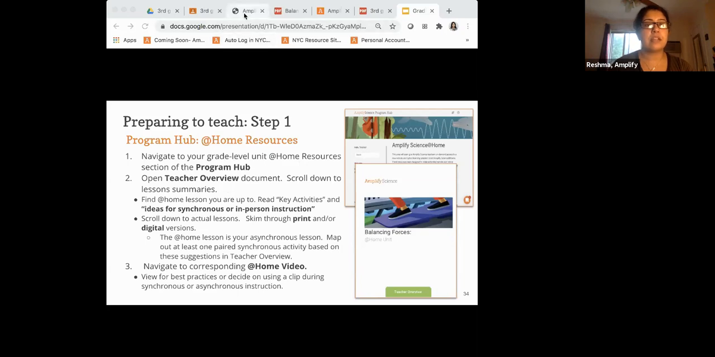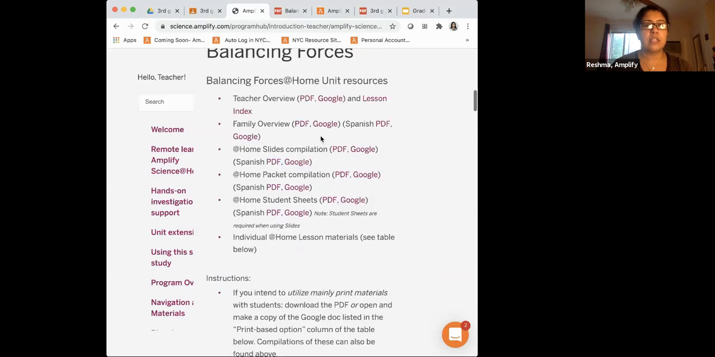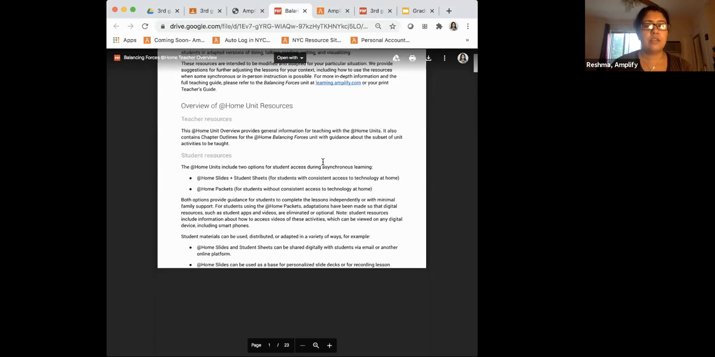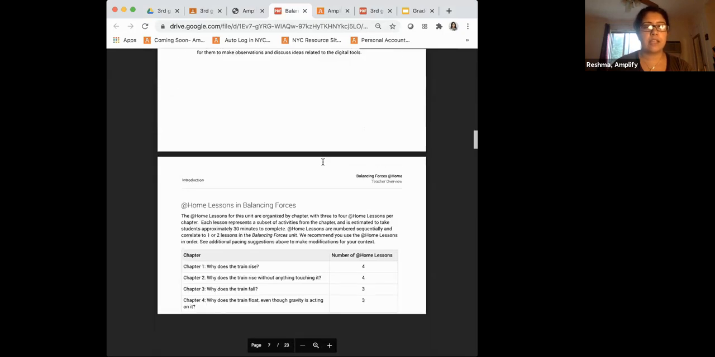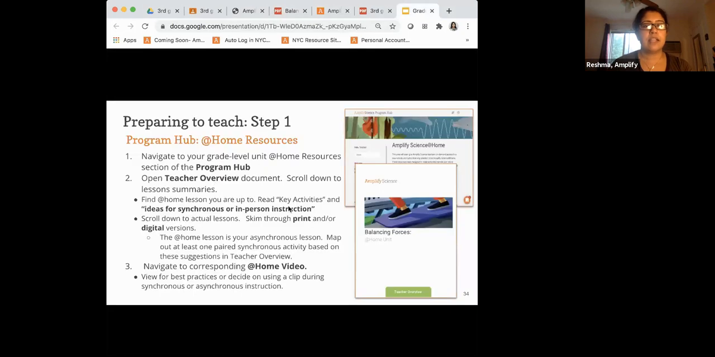I'm just going to go ahead and do that for balancing forces, going back to the platform. You go to the teacher overview document, which I already opened, and you scroll down to whatever lesson you're up to. So let's say you're up to the second lesson, or let's just go to the first lesson. Take a look right here and look at the key modalities that are covered in the lesson. Going back to my slides. Find the lesson, find the key activities, and then go to,